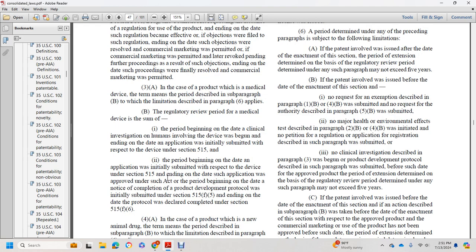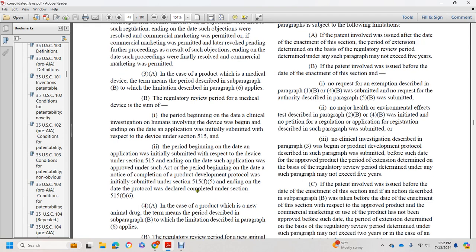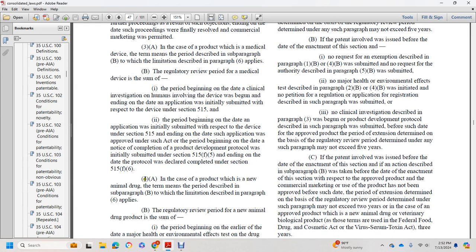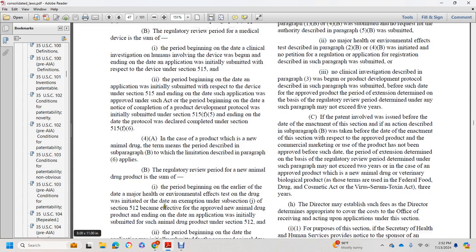and ending on the date such application was approved under such act, or the period beginning on the date a notice of completion of a product development protocol was initially submitted under section 515(f)(1) and ending on the date the protocol was declared completed under section 515(f)(6). (4)(A) In the case of a product which is a new animal drug, the term means the period described in subparagraph (B), with the limitations described in paragraph (6). The regulatory review period for the new animal drug product is